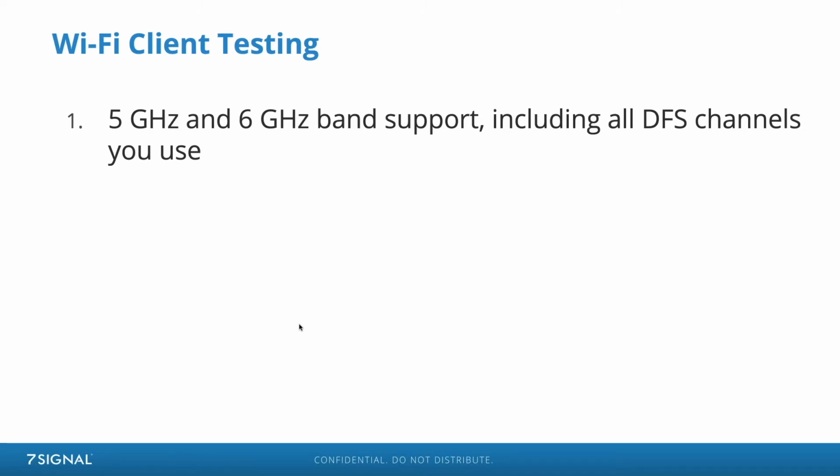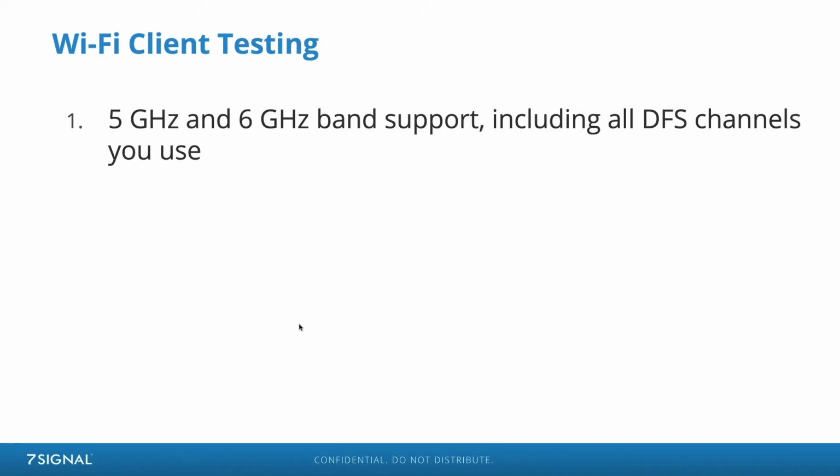Do they support 5 gigahertz? You really got to have that if there's any latency or throughput or performance considerations. If there's a human using that, expecting kind of back and forth interaction with an application, it really should be on 5 gigahertz and not 2.4 only. And think about 6 gigahertz too. There's plenty of 6 gigahertz clients out there now, and you may not have a 6 gigahertz WLAN yet, but